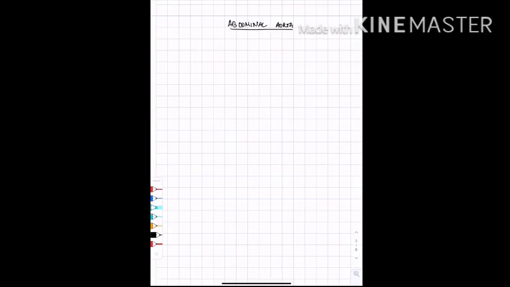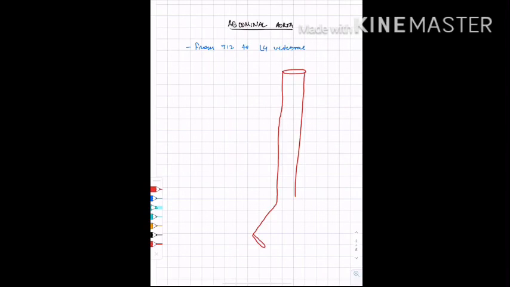The first thing that we need to know about abdominal aorta is that it runs from T12 to L4 vertebra. And there are basically three types of branches that we would be seeing in the successive sections. First we'll see the diagram of abdominal aorta, then I'll tell you the branches of it. So imagine this is a rough diagram of abdominal aorta. A very bad one, I know, but do bear with me. This is the termination of abdominal aorta.